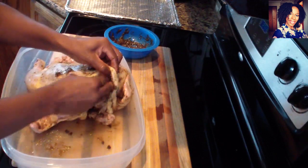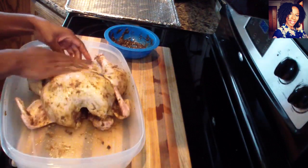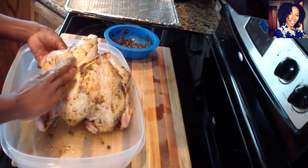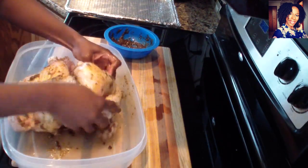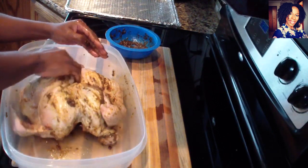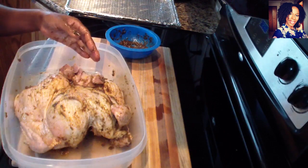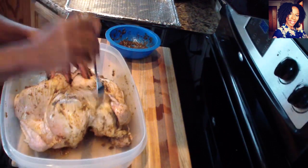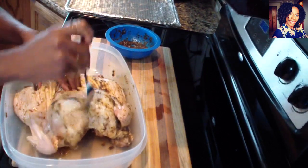You have to make sure you rub it all over, otherwise you're going to end up with some hot pockets when you are eating it. Even though my jerk is already nice and spicy, I don't want to end up with a hot pocket to the point where I can't even handle eating my meat. Rub everything. Okay, now grab a fork and we are just going to poke it all over, just so that